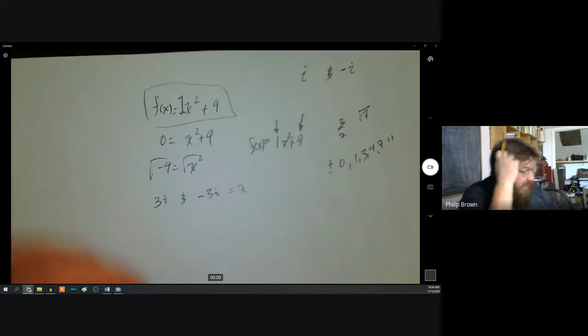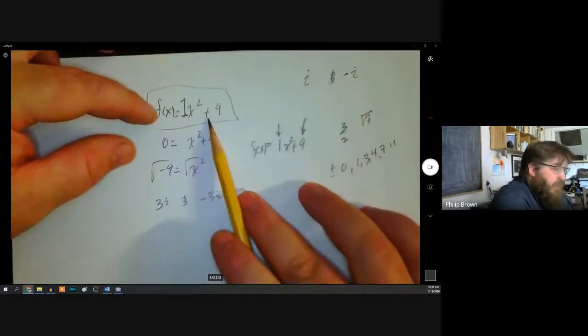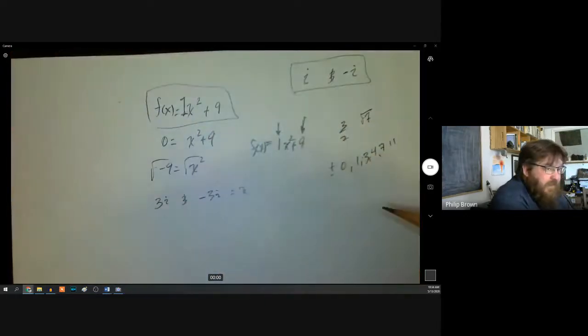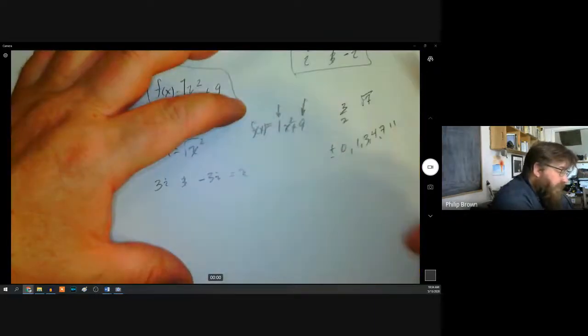So Angela, what it's asking you to do is to figure out what polynomial equation would have these solutions. So for example, let's say instead of these two solutions, let's say it was